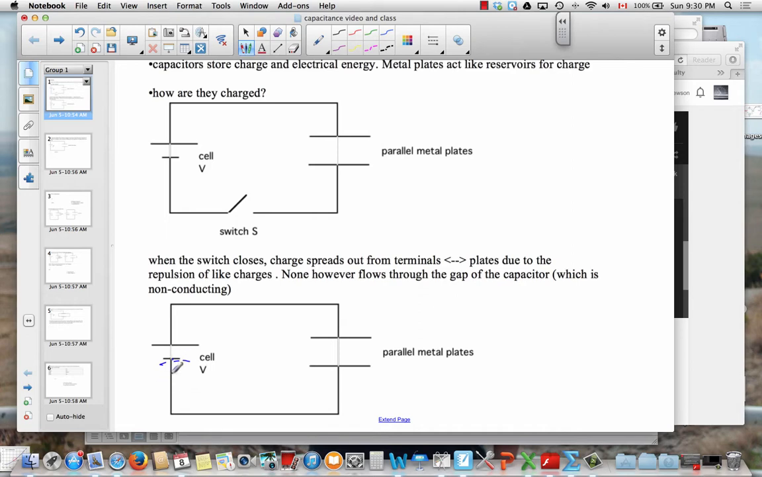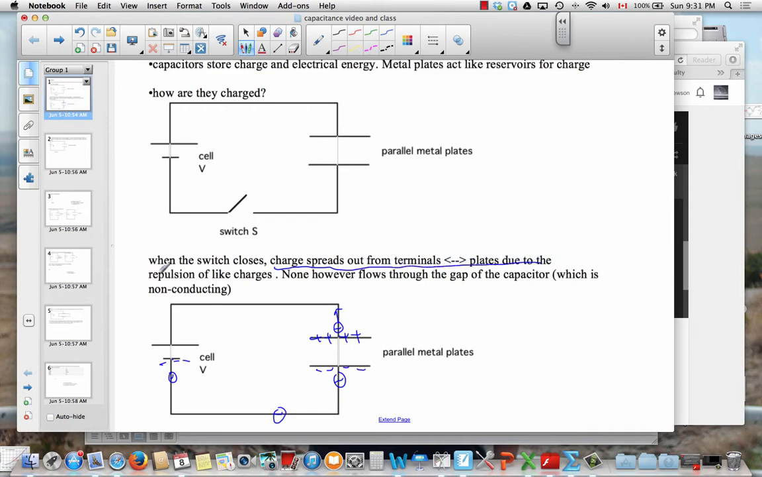And so some of those negative charges will push on the negative charges that are already in the wire, and these negative charges will move a little bit, and they'll start to pile up on this plate of metal. The plate actually has quite a bit of room to store excess negative charges. As that's happening, negative charges are going to leave this upper plate just because they're repelled by the excess negative building up here, which is going to leave excess positives, or a lack of negatives, on this plate. So as it says, charge spreads out from the terminals of the cell to the plates due to the